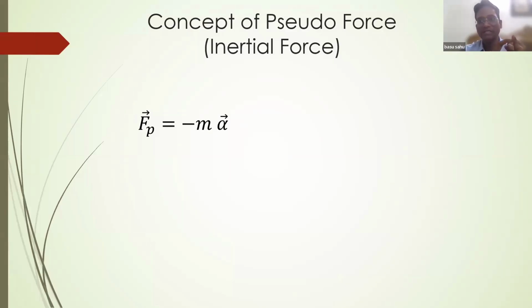We define mg, the gravitational mass, mg into g. For electrostatic force, we define q into E. For some other forces, maybe we define something else. But in Newton's law, whatever the nature of the force, all external force is equal to mi